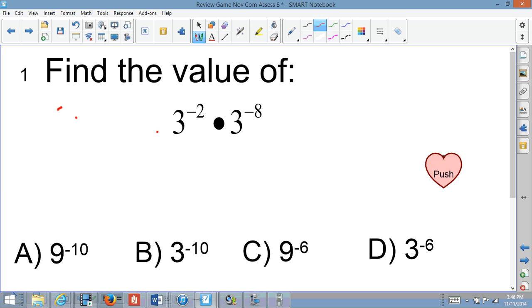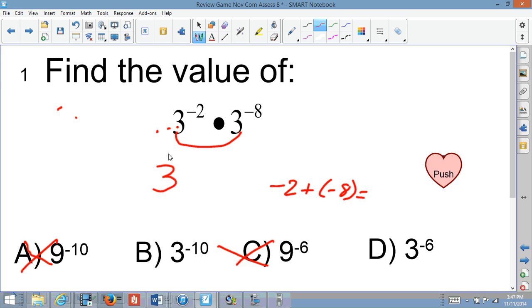So I have a 3 here and a 3 here, so it's going to stay 3. So automatically C and A are out. So now I got to use my rules for adding